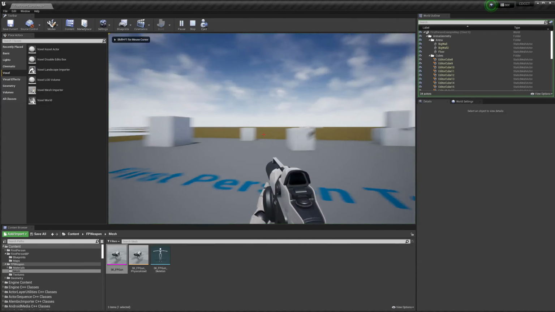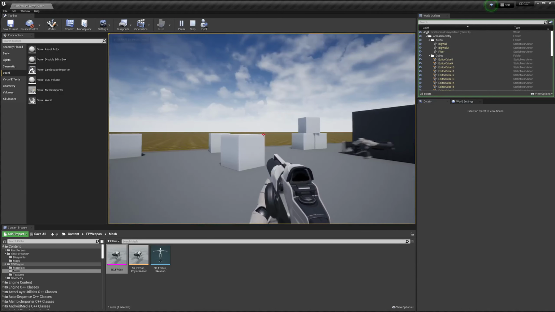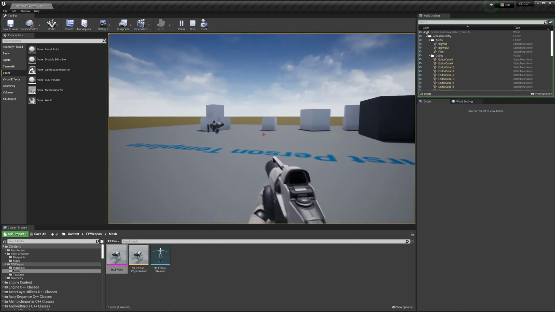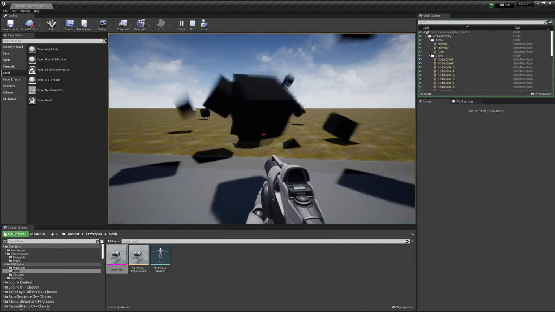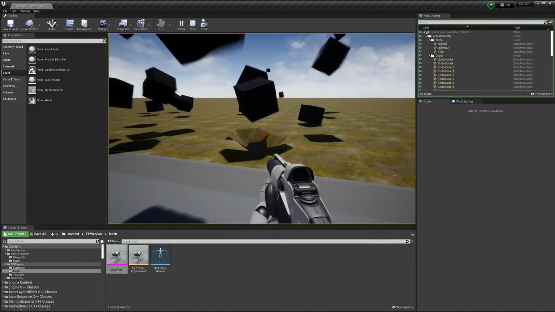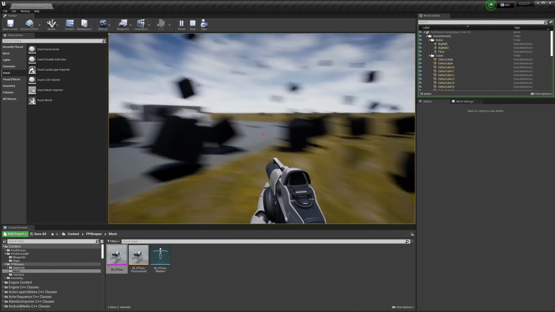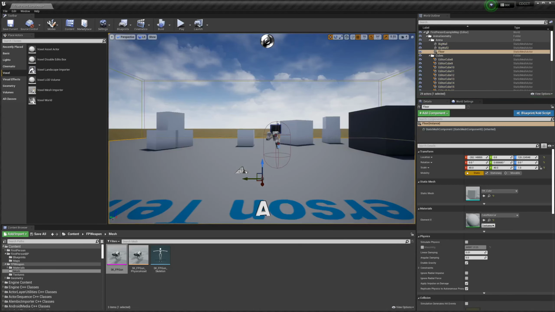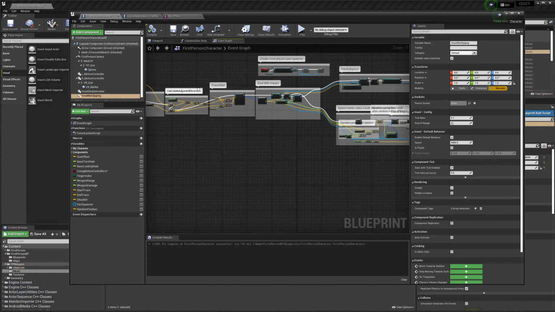So then if we play, you can see this is a multiplayer instance. I didn't set up multiplayer for this, but it's here anyway. So that then, as you can see, we can just delete stuff, but we also have a lot of cubes coming out. So to fix that, we're just going to go back to the first person character,